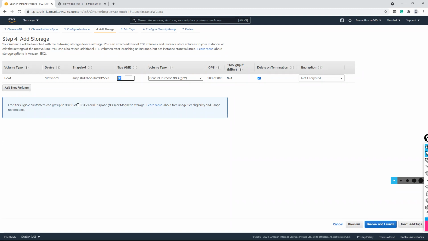If you keep your Windows instance in stop state and your Linux instance also in stop state, maybe for a week or so, then for that extra 8 GB, because you are up to your limit, 30 GB is the limit, and you are creating a root volume of 30 GB, you may receive a bill. You might be charged for that extra 8 GB.